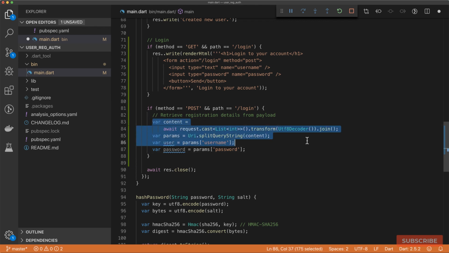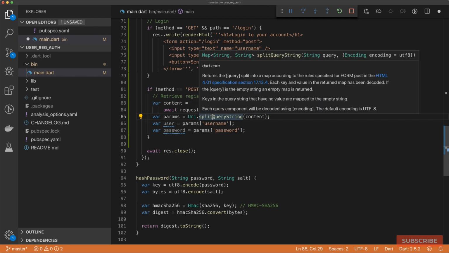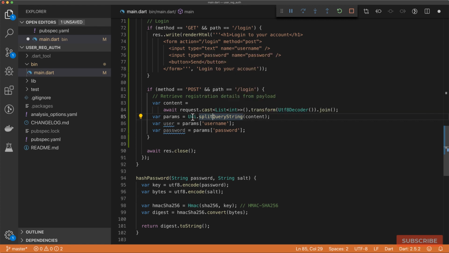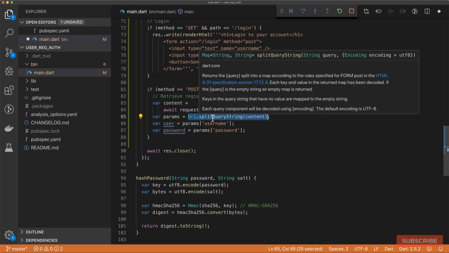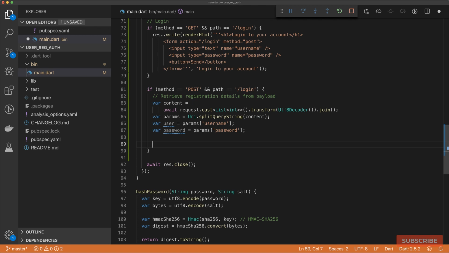So what we do is firstly we grab our information from the payload of the request, so the username and the password, and then we use the split query string function of the URI class because the payload comes as a query string, and from this function a map object is returned containing the username and password keys, and we're just extracting it here. So this means that we're now able to check our MongoDB database to ensure that the